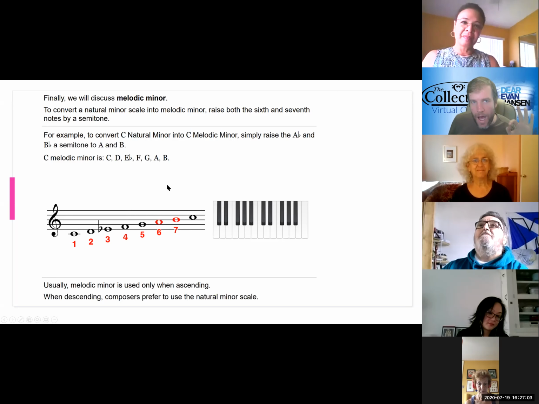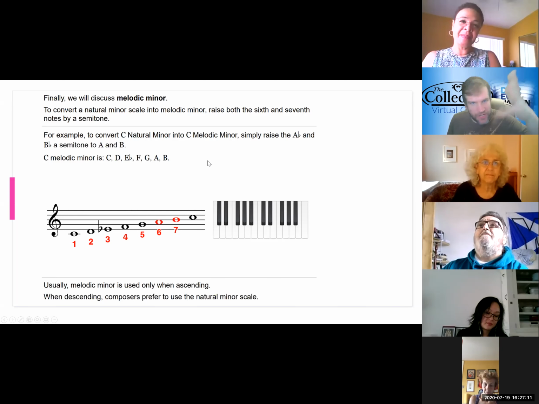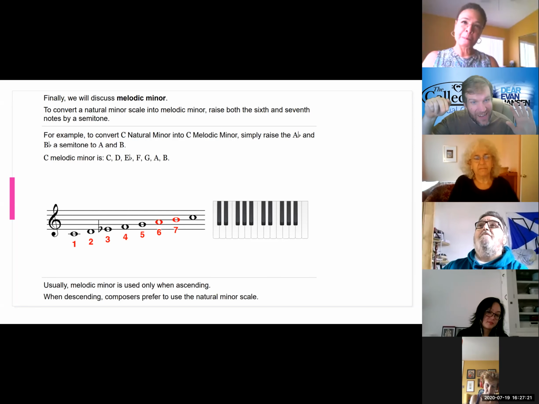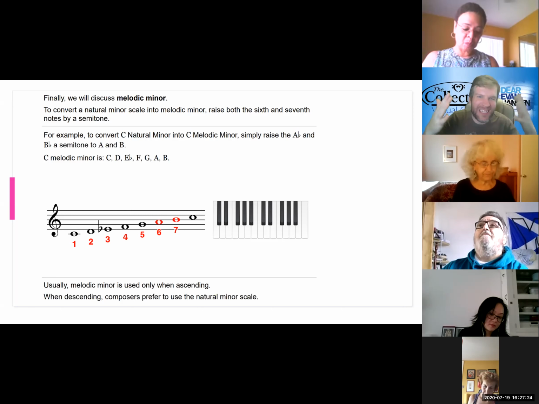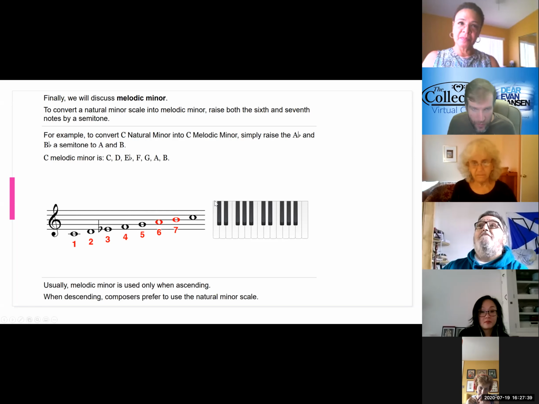It just marginally changes the pattern, but all you need to remember is the natural minor has its pattern, which I'm not going to say now because I'll probably get the pattern wrong, but the one you've already written down, it does follow the same pattern for natural. For harmonic, you only raise the 7th to give it that Middle Eastern feel, because it really works better with chords. For melodic, you raise the 6th and the 7th on the way up only. Okay, and unless you're composing music, you don't need to worry about this. But just to say, if people talk about the different types of minor scale, by the way, this doesn't